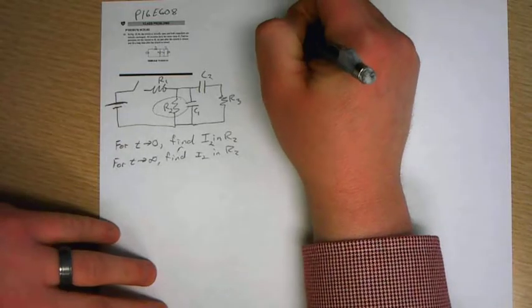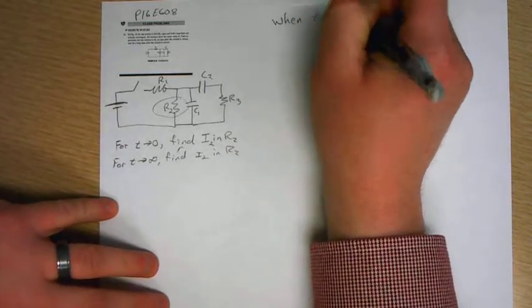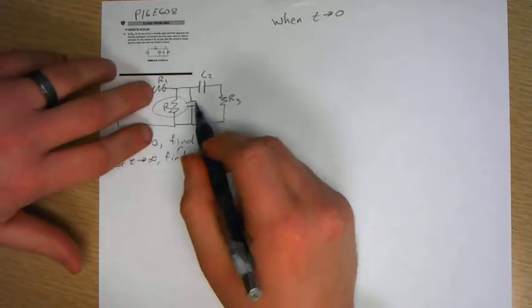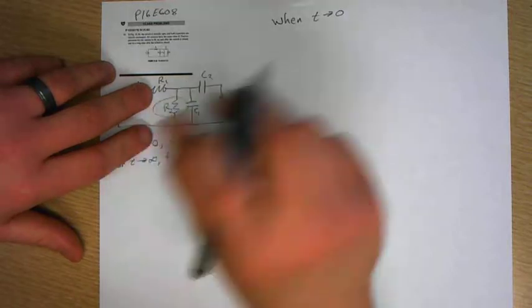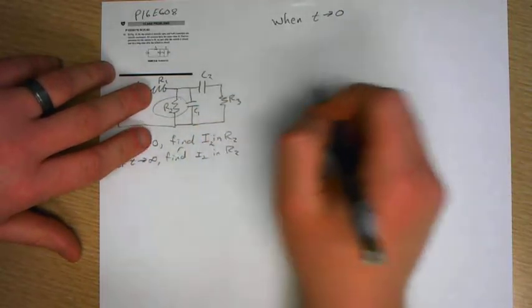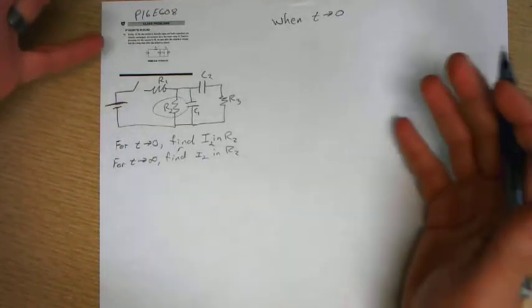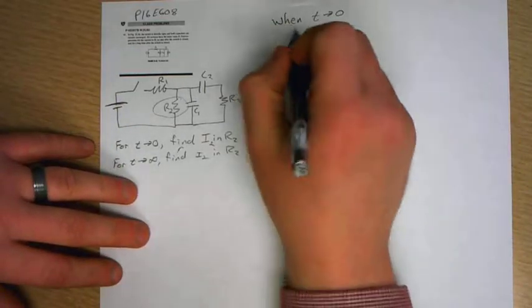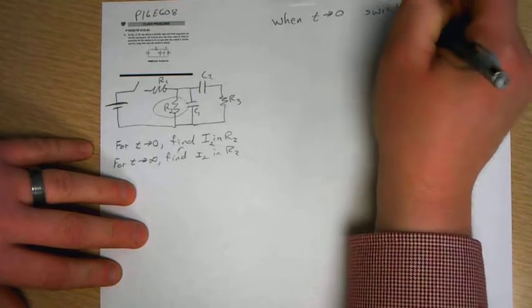Well, this is more of a conceptual thing. When time approaches 0, capacitors are completely uncharged. There is no charge on any of these capacitors, so they offer zero resistance to any flow of current because there's no charge on that plate to resist the current. So at time 0, switch closed,